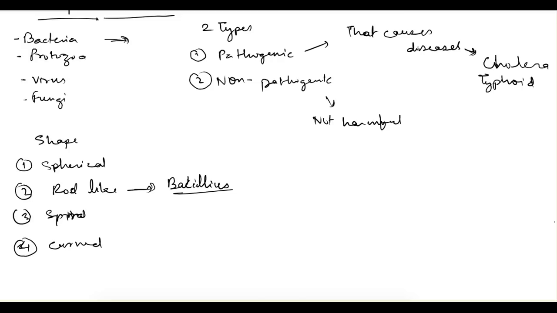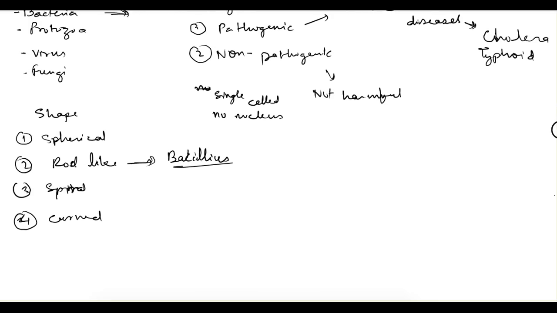If you want to know the definition in one line, then these are single celled organisms and they don't have a nucleus, that is, no nucleus is there, and they cannot produce their own food. So now we are interested to know about the pathogenic bacteria, because these are the disease causing bacteria. So we want to find out if they are there in water or not.